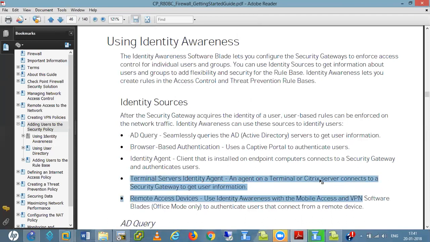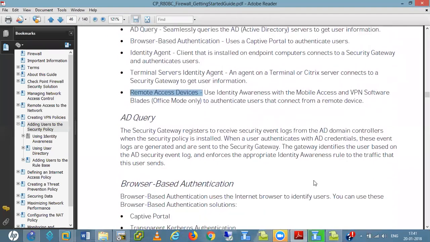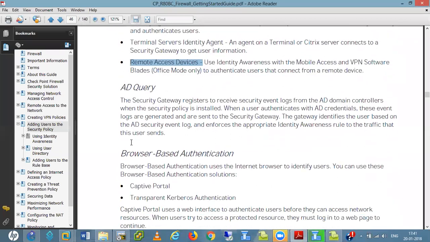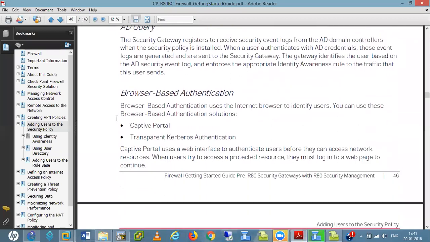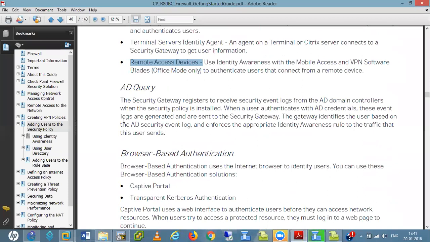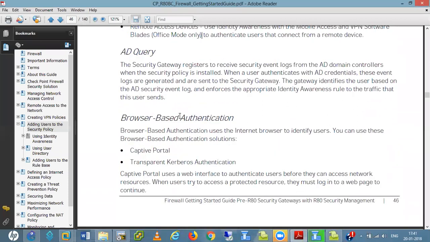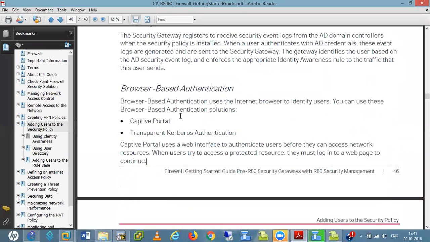Terminal server is used if we have such setups. Remote access VPN I will teach you later. So these are the details of how AD query works, and I explained everything to you. You just go through it one time.